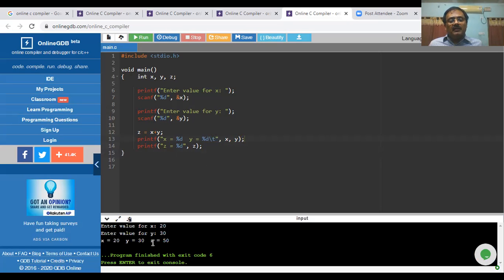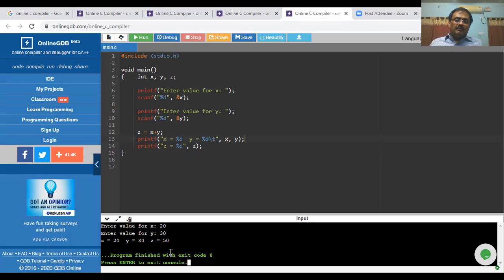Some space is given, x is equal to 20, y is equal to 30, and with some space, the next printf statement prints the value of z. Actually, the value of z is expected to be printed after 8 spaces.